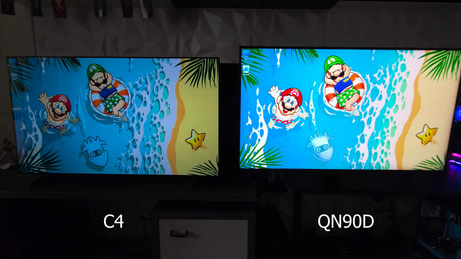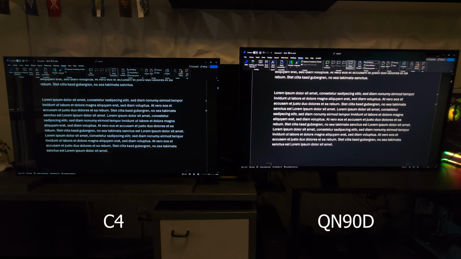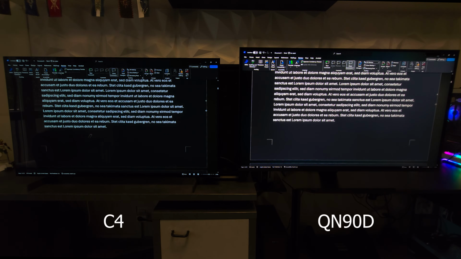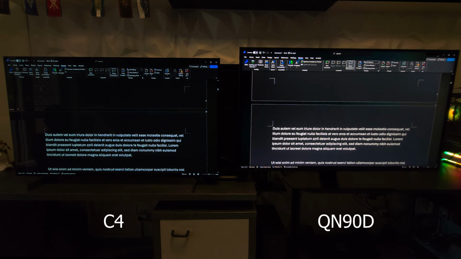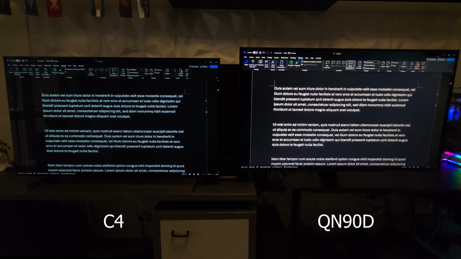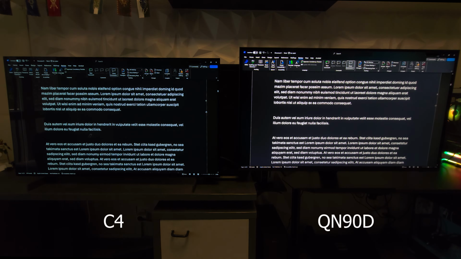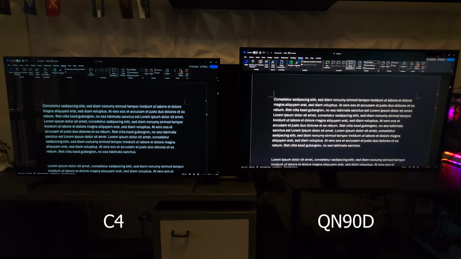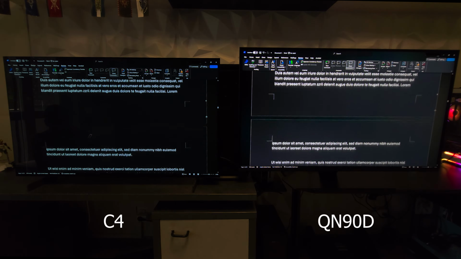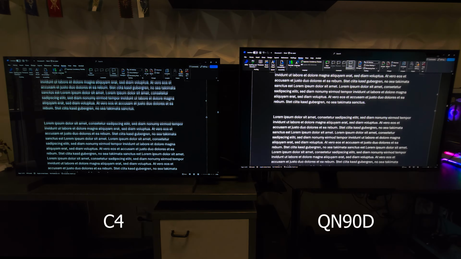Alright, now that we are done specifying the settings we have for SDR, let's get to answer some questions, starting with the one regarding productivity and document browsing. So here we are. You can see when I scroll down slowly, both displays have no latency issues at all, and the text isn't smearing. It's a pretty smooth reading experience at this speed, but let's increase the speed a bit, yet we can't see anything. But if we go a bit more, you can start to see the QN90D is showing us a very